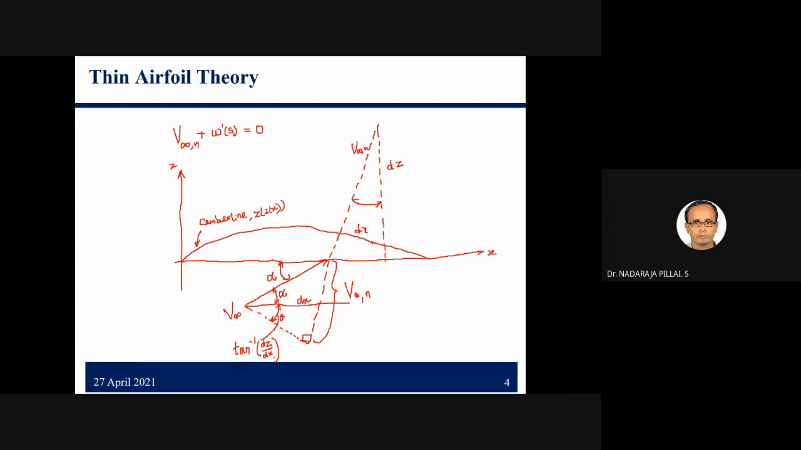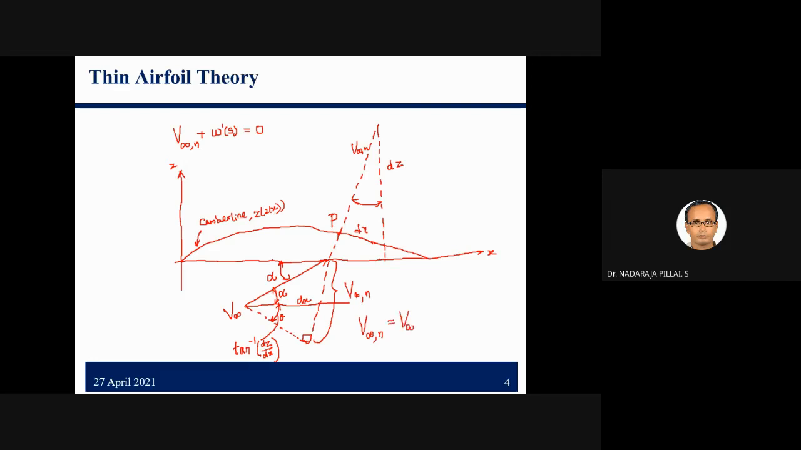So now at any point P in the camber line, we can calculate the slope. The slope is dz by dx, correct? At any point in the camber line, dz by dx is the slope, and hence we can write the v infinity comma n can be expressed as